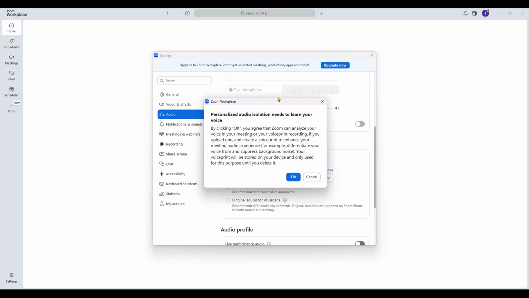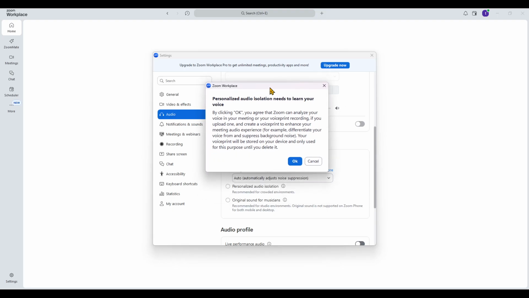When you find it, click on the Personalize Audio toggle button to turn it on. Enabling this option allows Zoom to use personalized audio isolation, which is designed to better separate your voice from other sounds around you. This can improve clarity, especially if you're working in a shared room or a place with light